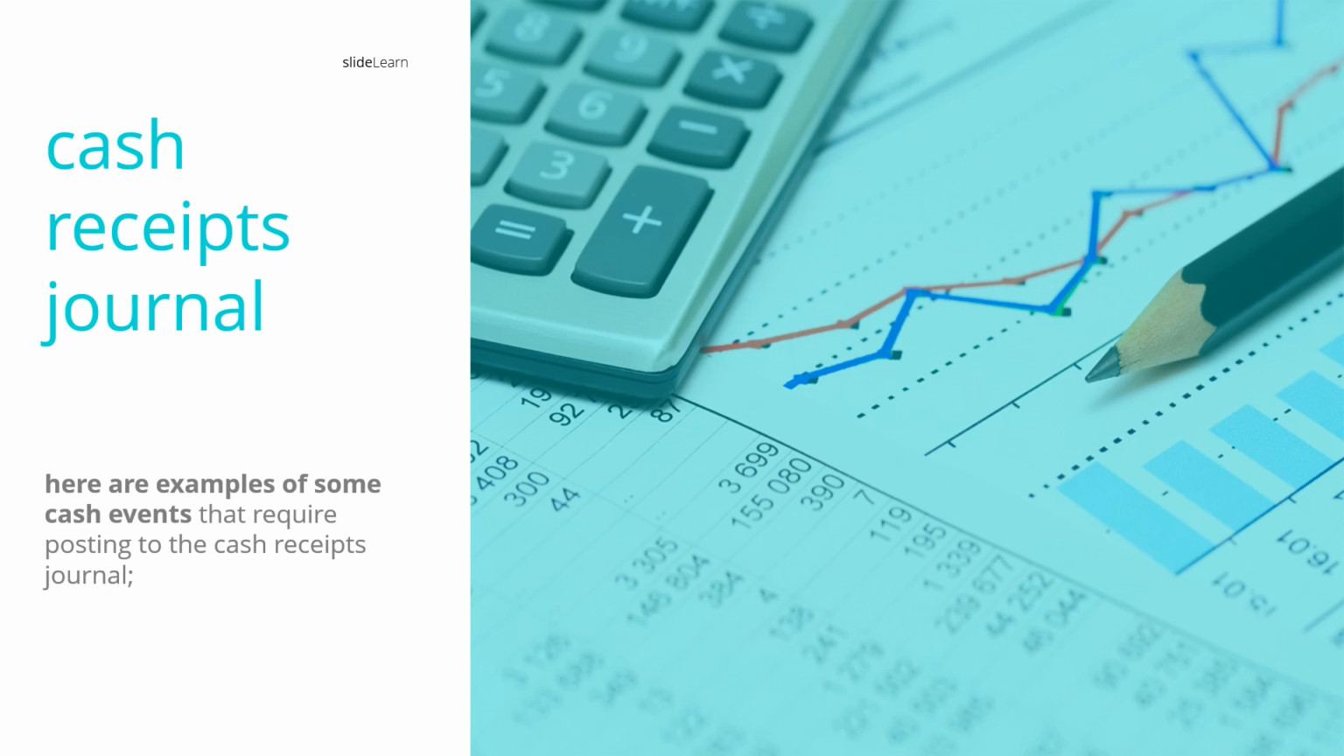When a bank or investment account pays a business for the use of its money in the form of interest or dividends, the payment is considered a cash receipt. Number 4, asset sales. Selling a business asset like a car or office furniture can also result in a cash